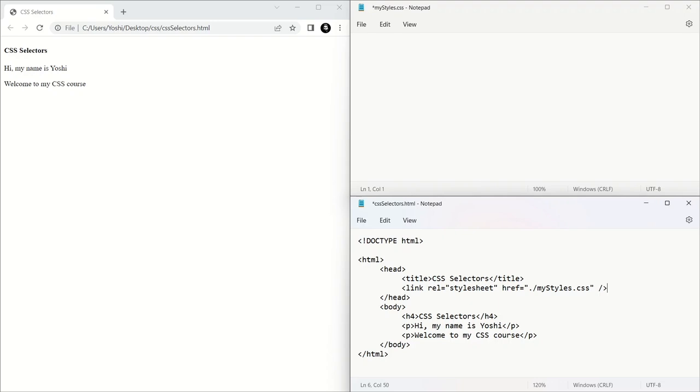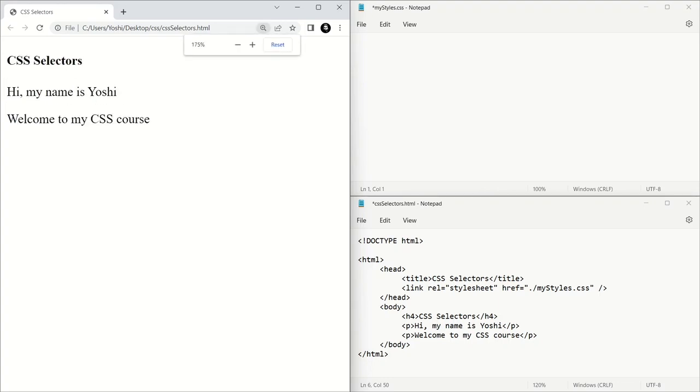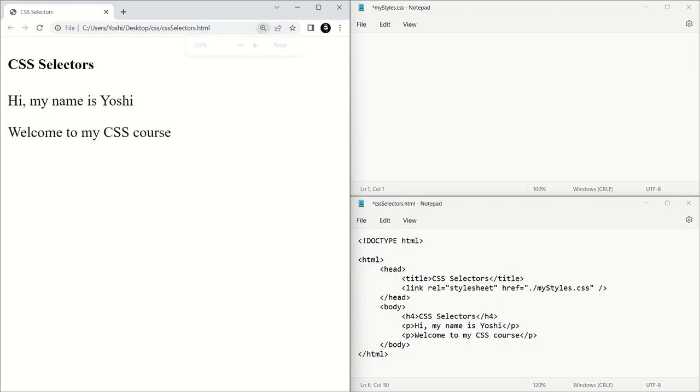And below it in the body we have the h4 tag, which has the CSS selectors text inside it, and the p tag, which has "my name is Yoshi", and below it we have "welcome to my CSS course". Okay, so those are the things showing over here. So let me increase the size of this as well. Alright,